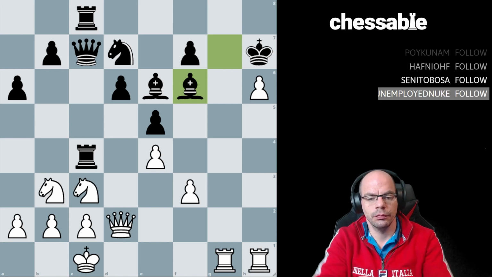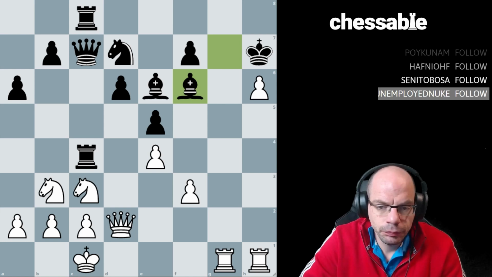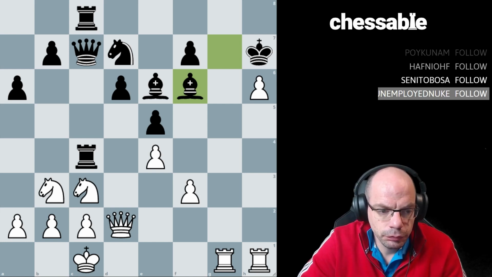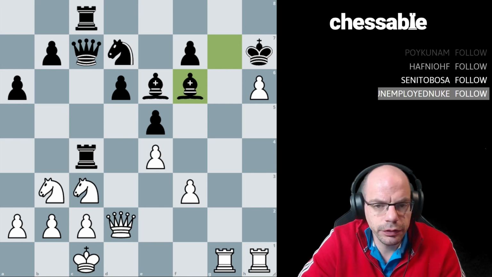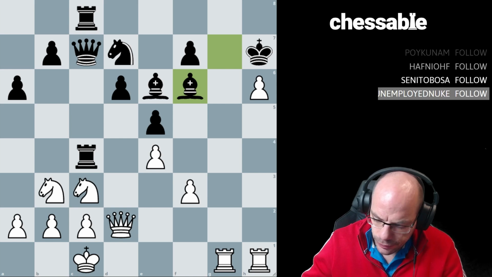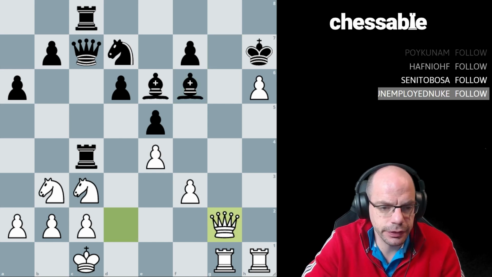I don't see any way Black can guard the G7 square on its next move. Neither do I. Which is why after Queen G2, Ribli called it a day and resigned the game.